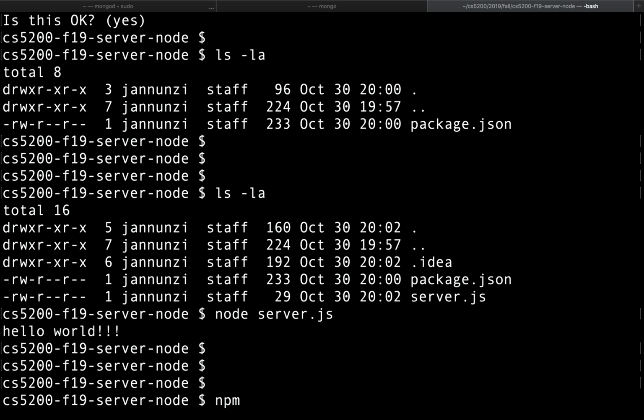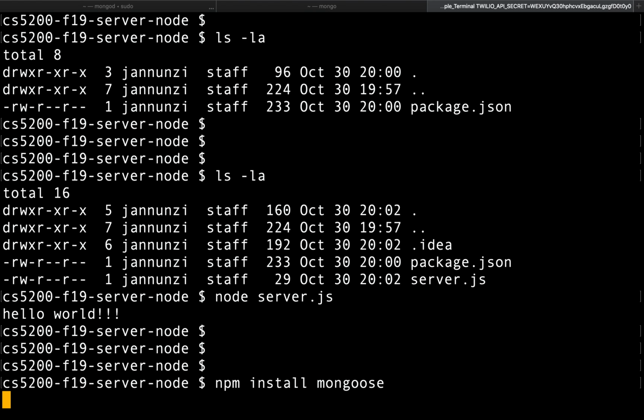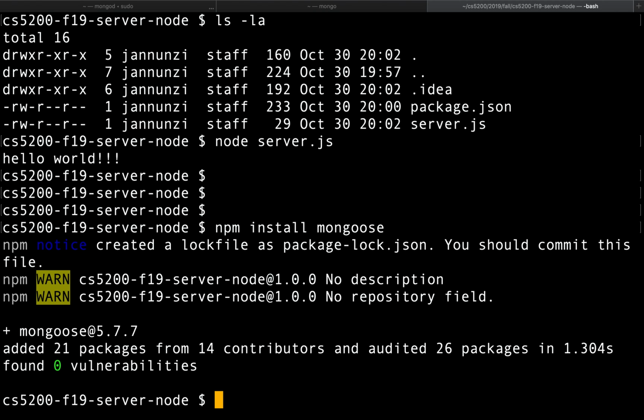One of the things that we'd like to be able to do is install new packages. In this case, mongoose. Let's do that. Say npm install, and then the name of the library. I just happen to know that the library is called mongoose. If we do that, it's going to go and fetch the library from a Node.js repository,